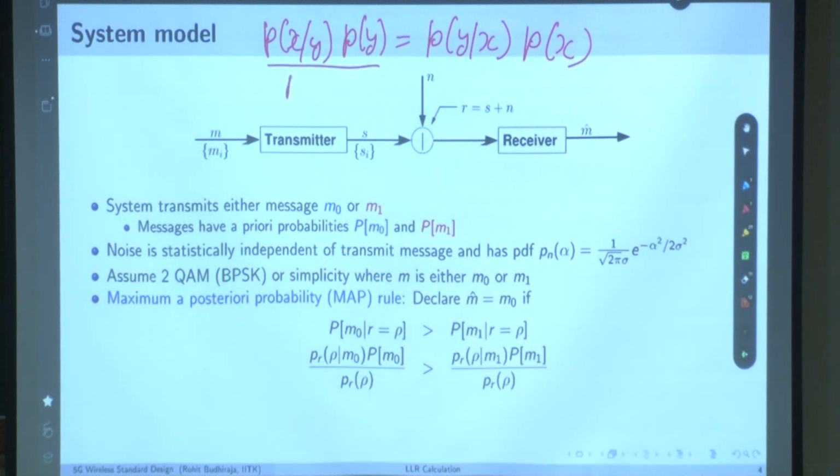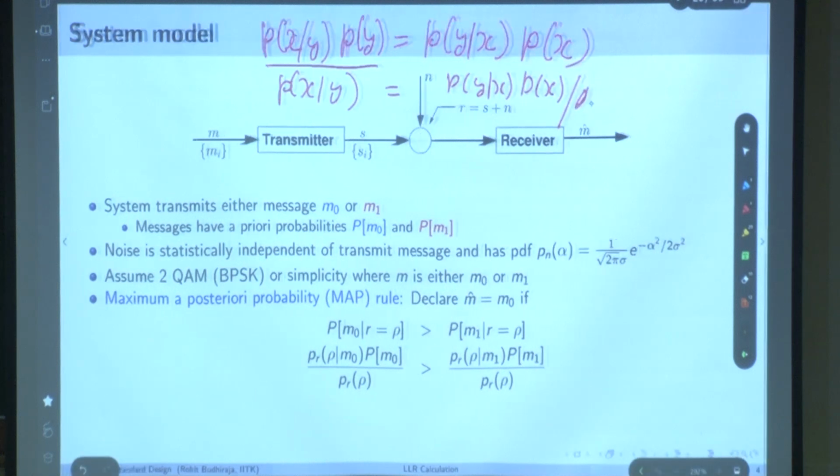P of x comma y. This is also P of x comma y. That's what I am writing. So if you look at this, how can we write this? P of x comma y is equal to P of y given x, P of x divided by